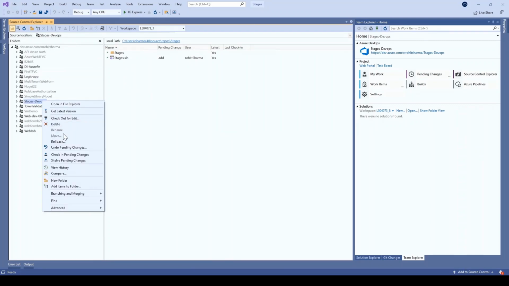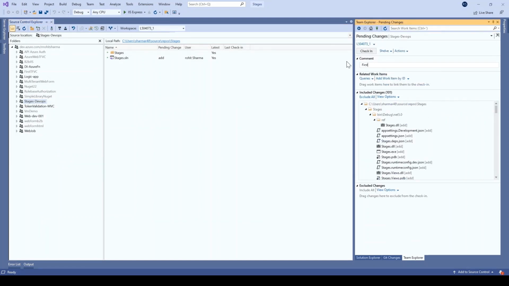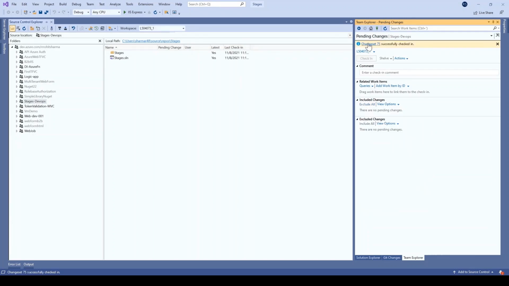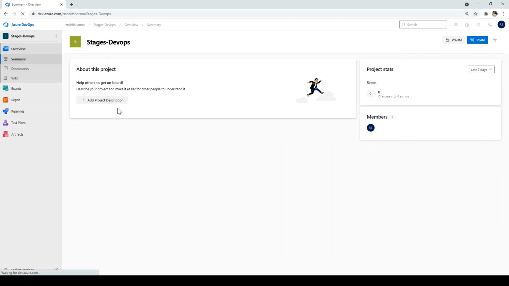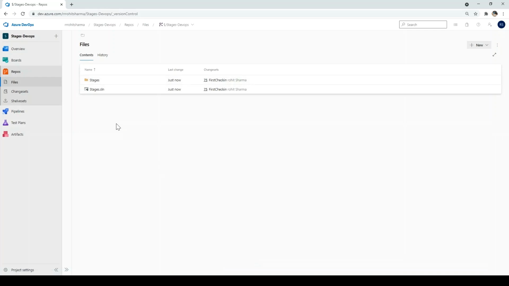Then right click on the project, check in pending changes, and just say first check in, then click on check in again. Now it has successfully checked in all the project. To confirm, we will go back to Azure DevOps and I'll go to repos. Here it is. Bingo. We are good here.